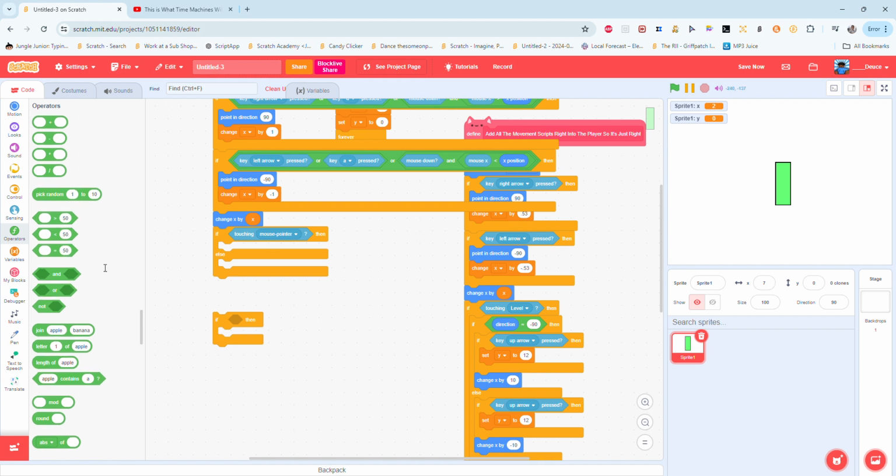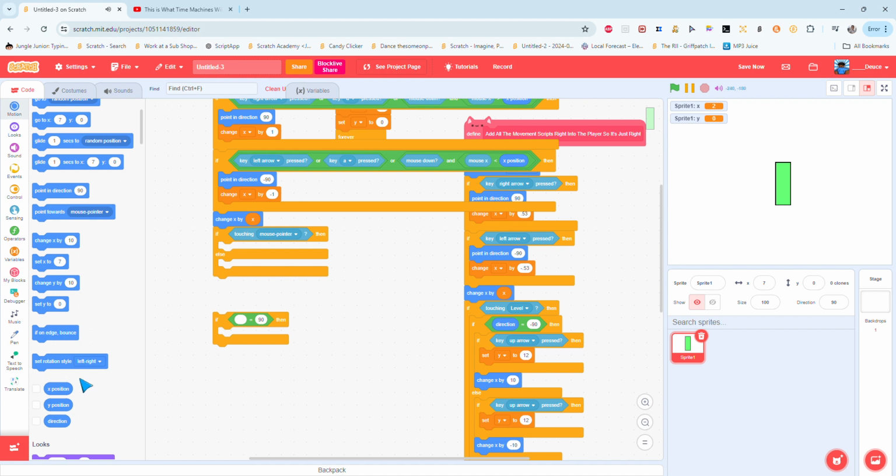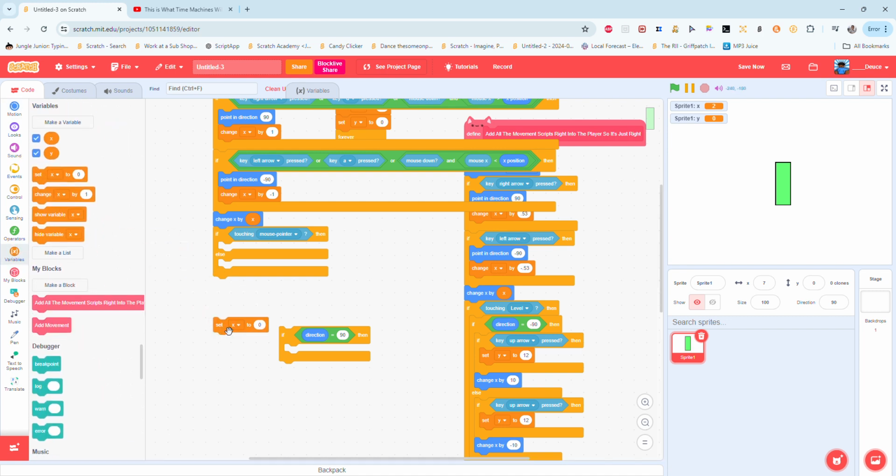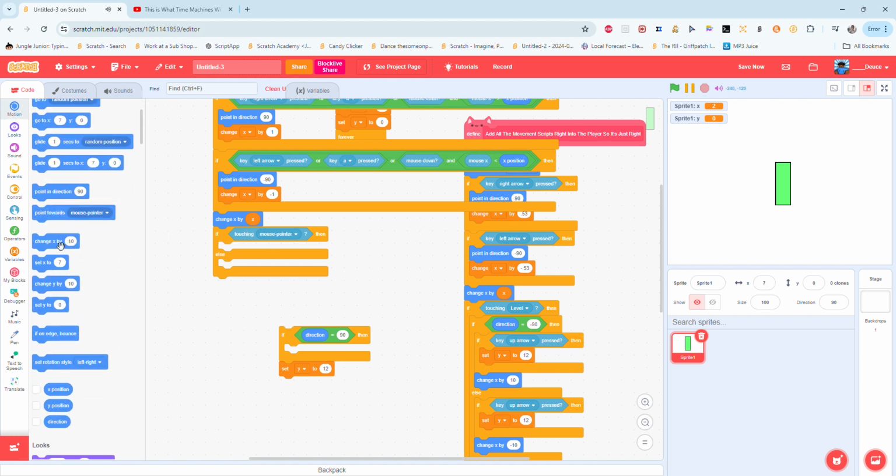If direction equals 90. Yep, make sure it's just like this. And then you do set y to 12, and then you do change x by